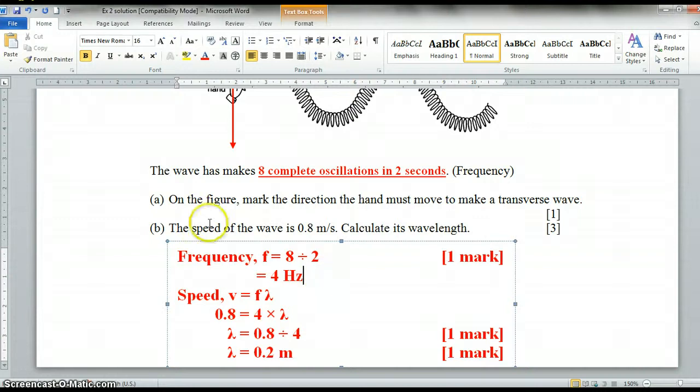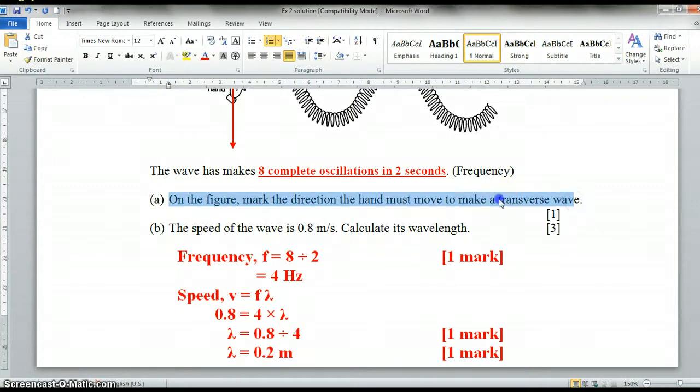This is part B. The speed of the wave is 0.8 meters per second. Calculate the wavelength. Apply the formula. I think there's nothing much to discuss here, just substitute values. On the figure above, part A, mark the direction in which the hand must move to